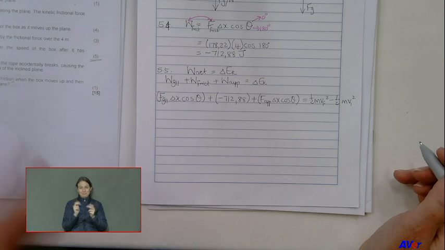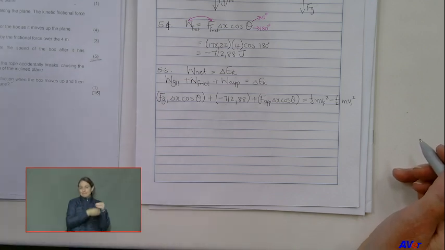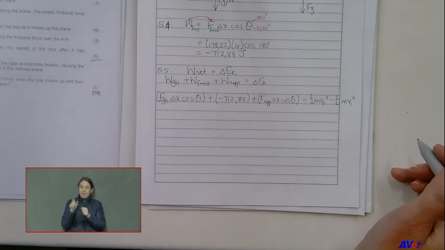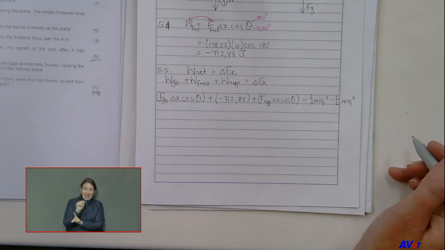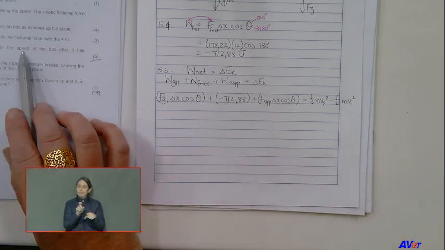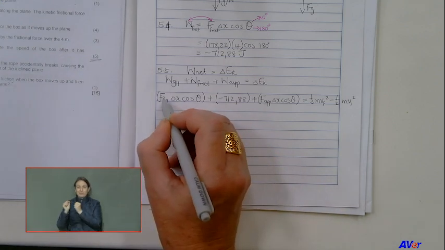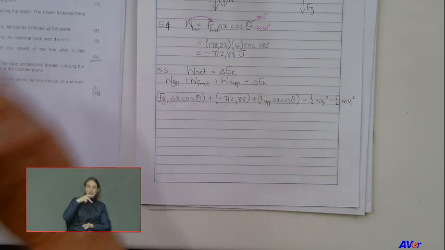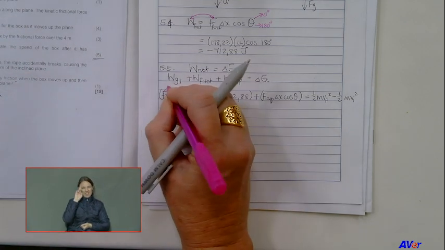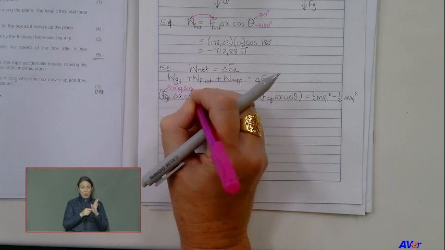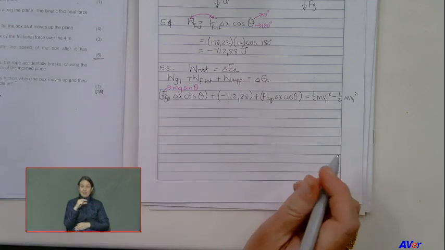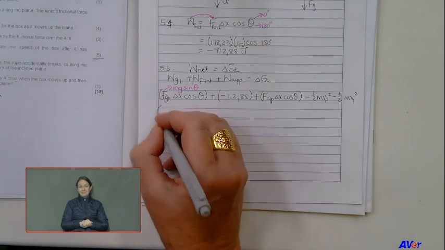Okay, now if I put in the numbers, if they say it was constant velocity, then delta Ek equals 0. Just remember, Ek is not 0, but delta Ek is 0 if it's constant velocity. But in this case, it wasn't constant velocity because I have to calculate the speed at the top. Okay, now, Fg parallel. Just again, a note in pink, that will be mg sine theta. So Fg parallel is mg sine theta. So I'm going to put it in.